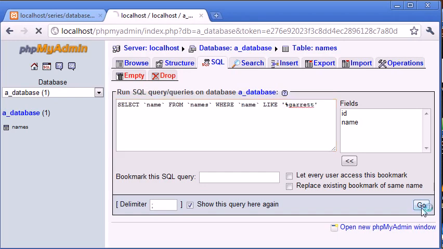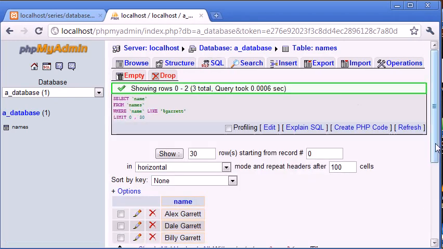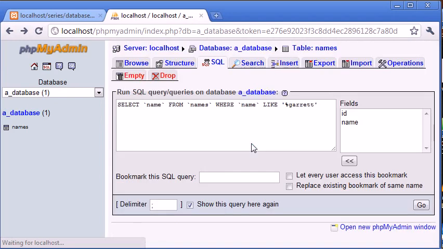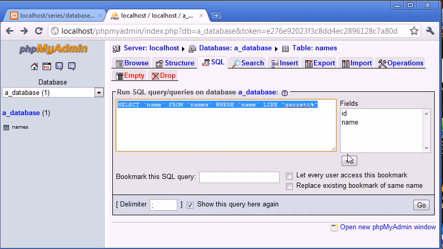I'm going to click go and see what we return. So we've got every record where the surname essentially equals Garrett, because our wildcard was on the left, so any text here and the word Garrett on the right hand side. So let's go back and let's change this around. So let's put the wildcard now on this side. Now this isn't going to return any values because Garrett is at the end of every